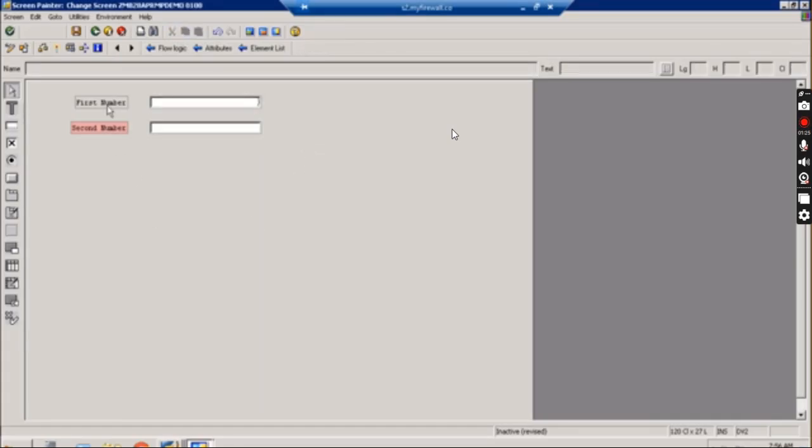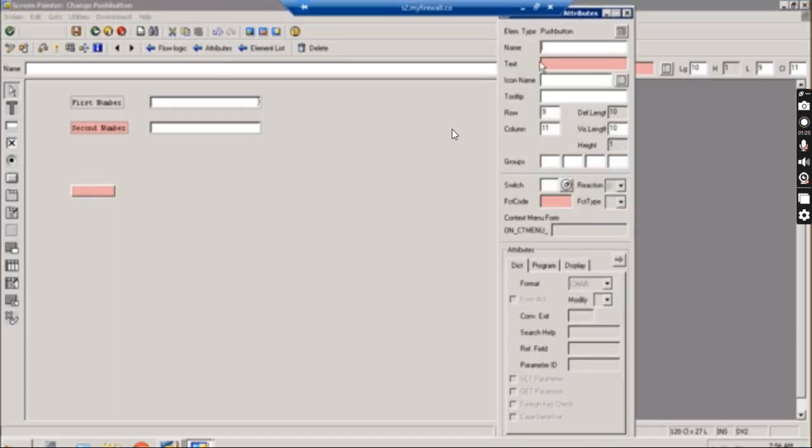Okay. So the first number and second number I have given over here, right? Now I'm going to create one button. So you can create this button. Here, this is the add button. Give the add button over here. The name will have to be given. That's why I'm going to give the text